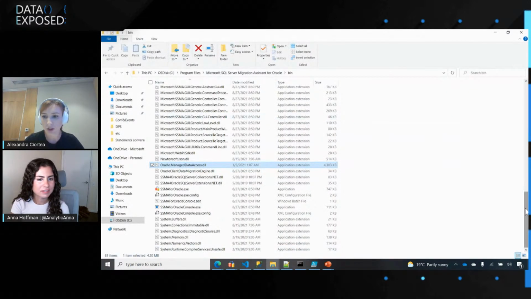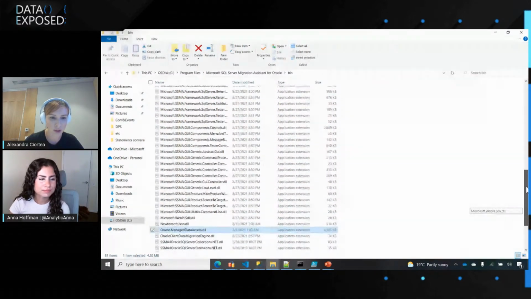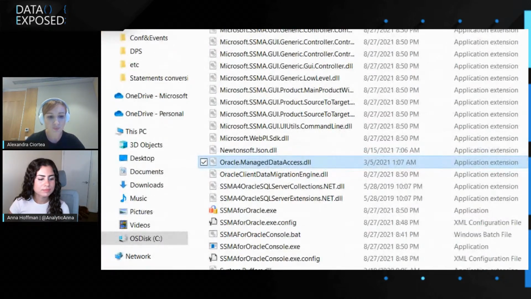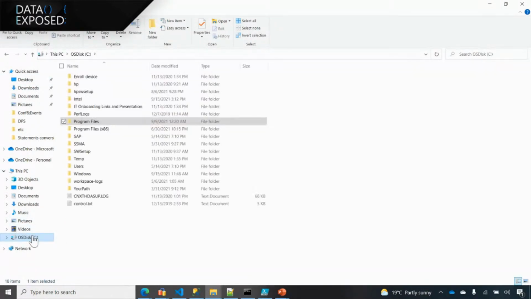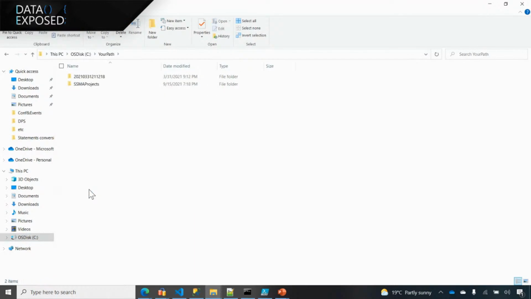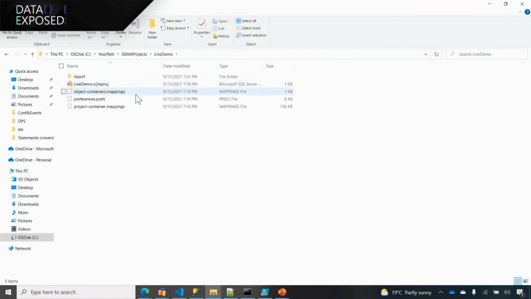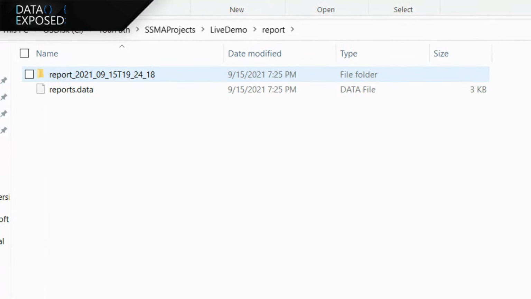Actually, I think I can even do that right now. So I just want to show you here. This is the installation folder for SSMA. So this is where we have the binaries, and this is where we have the drivers also, the DLLs that I was talking about. And right now I'm going to go to the C location. I'm going to have the SSMA projects, and of course my live demo. And in the report section, I have today's report,